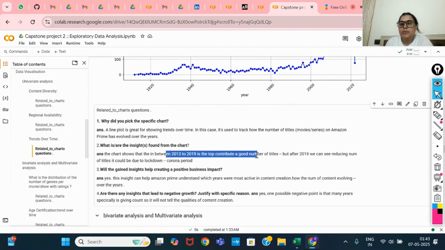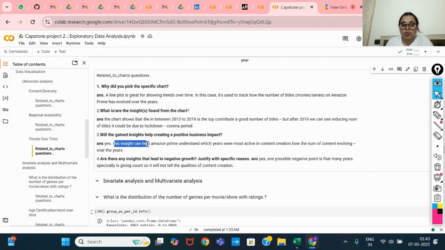So we can see that 2019 is the top contributor with a good number of titles, but after 2019 we can see a reduction in the number of titles. It could be due to the lockdown or corona period. So this insight can help Prime understand which years were most active in content creation and how the content